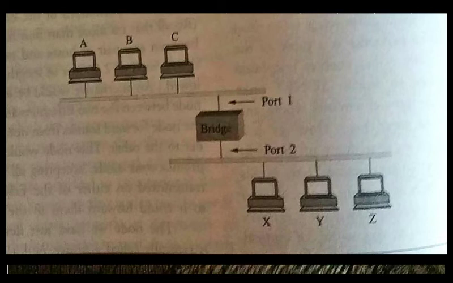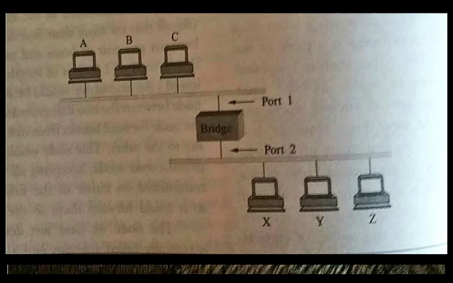This node is going to forward the frames from one ethernet to another ethernet. So the nodes present in one ethernet are able to communicate with the nodes present on the other ethernet. These are two different local area networks, and the nodes communicate through the intermediate node which you use for forwarding these frames. This is what we call a bridge.